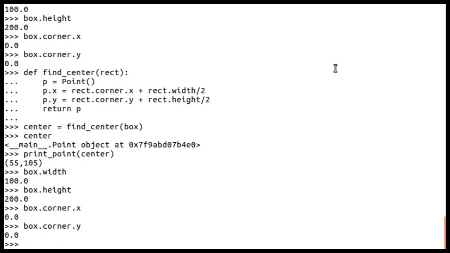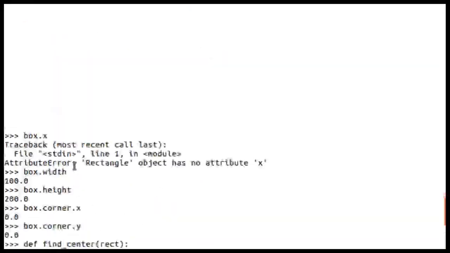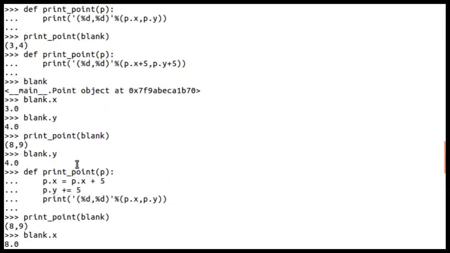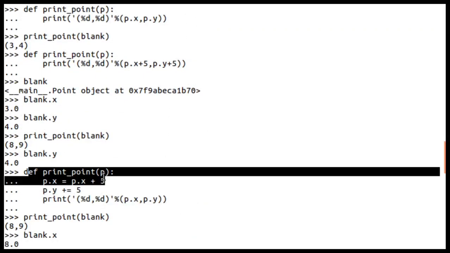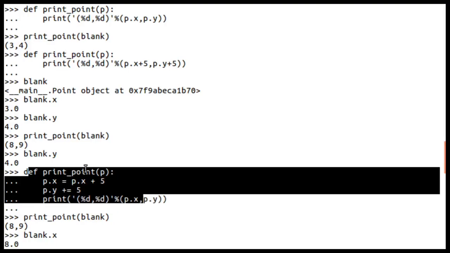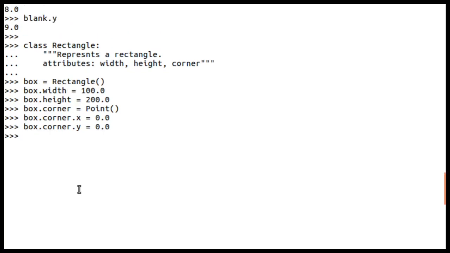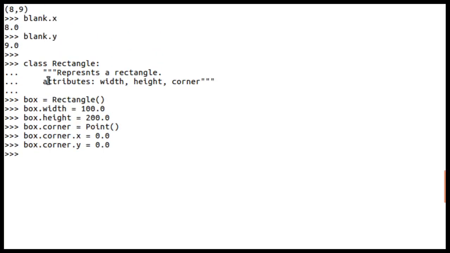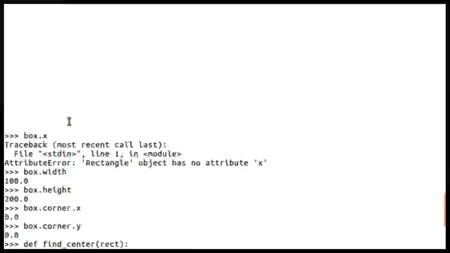But remember, when we wrote the print_point function, there we added explicitly plus 5 to that. Here you can see define print_point, we added explicitly plus 5 to that. Because of that, instead of getting 50 and 100, we are getting 55 and 105.